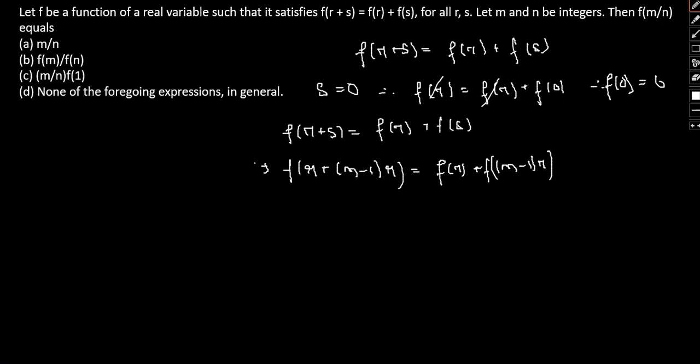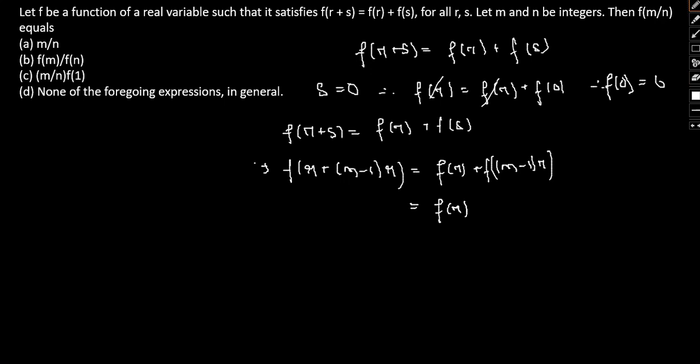We can write this. This can be further written as f of r plus f of r. Okay, let me write it here. I don't think there's enough space. This can be written as